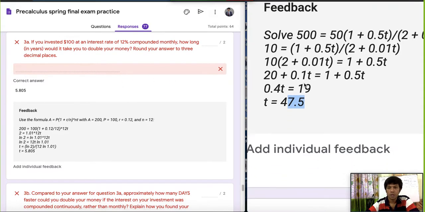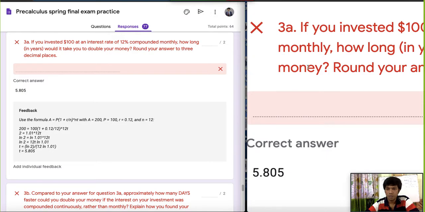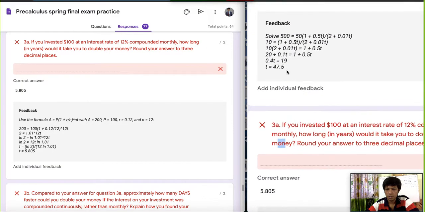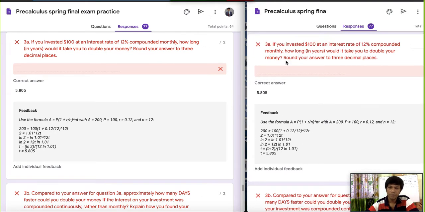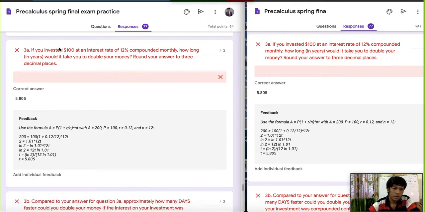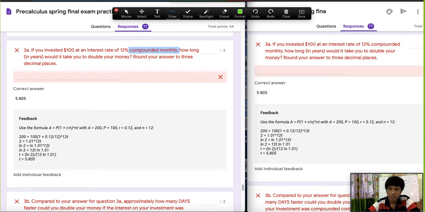Okay. Next math, let me bring it to our level, 3a. So same problem here. If you invest this dollar at a rate of 12% compounded monthly, so it is compound interest. So you see how you know which formula you will use. This is the first trigger that you have to use the compound interest formula. So in this case, the compound interest formula,